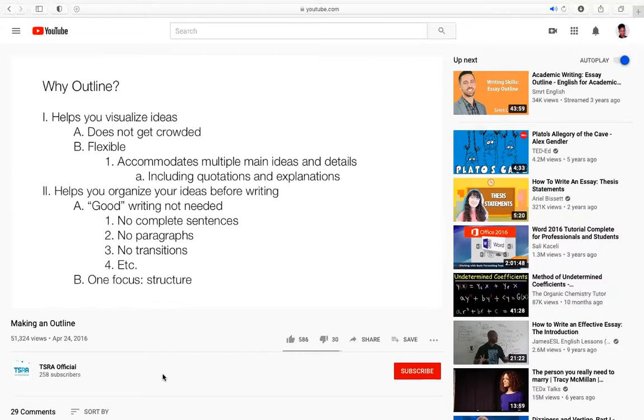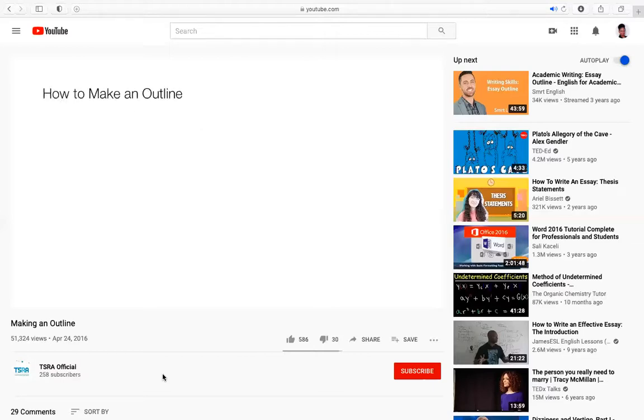For many writers, setting aside the time to outline before writing makes it more likely that your written essay has a structure that a reader will be able to easily follow. And of course, the better a reader can follow your ideas, the more likely it is that your writing will be successful at explaining whatever it is you're writing about. So how do you make an outline?